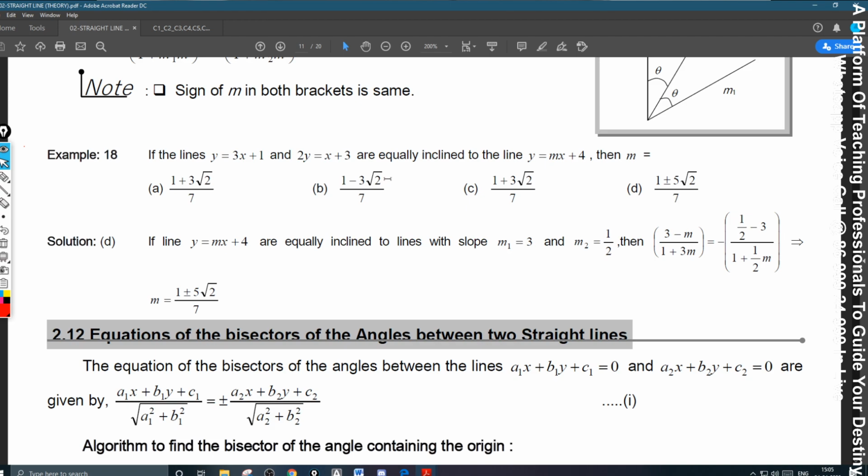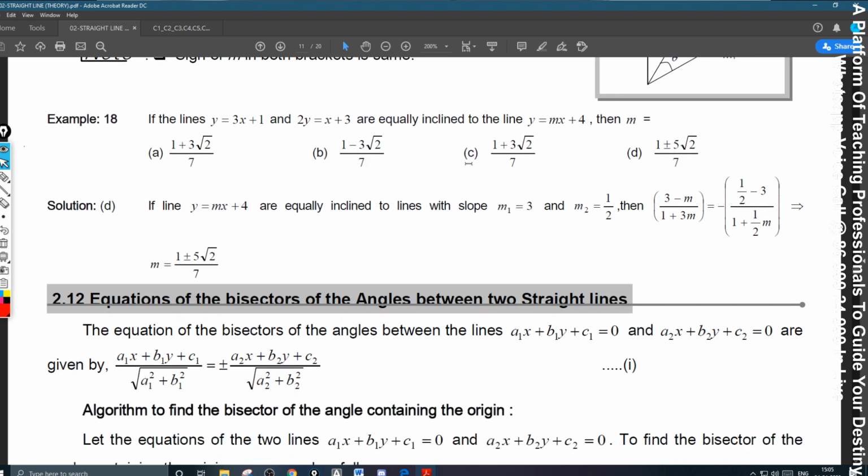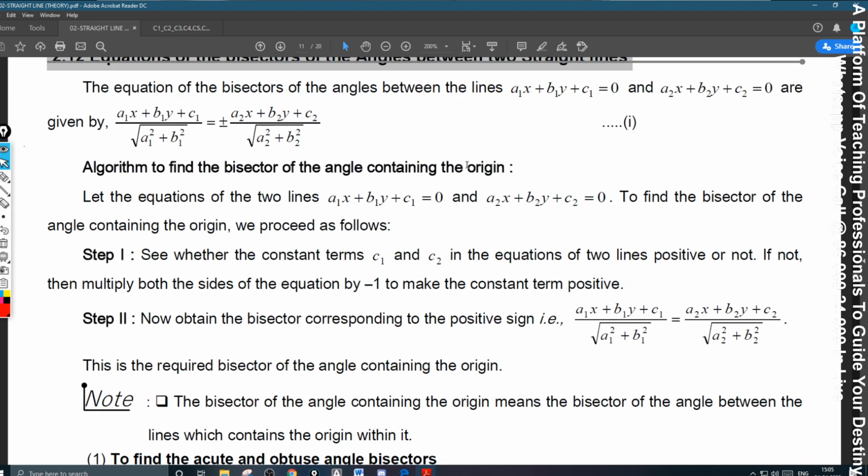If the lines are equally inclined to the line y is equal to mx plus 4, then m is equal to, I think I derived it. Okay, anyway. Now we will have the next part of it,